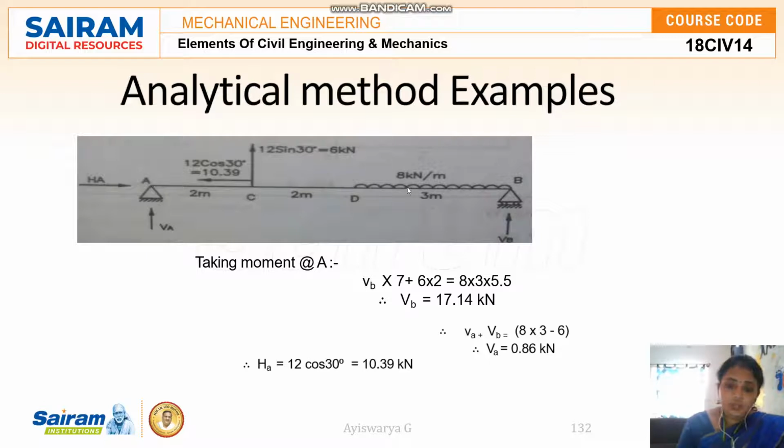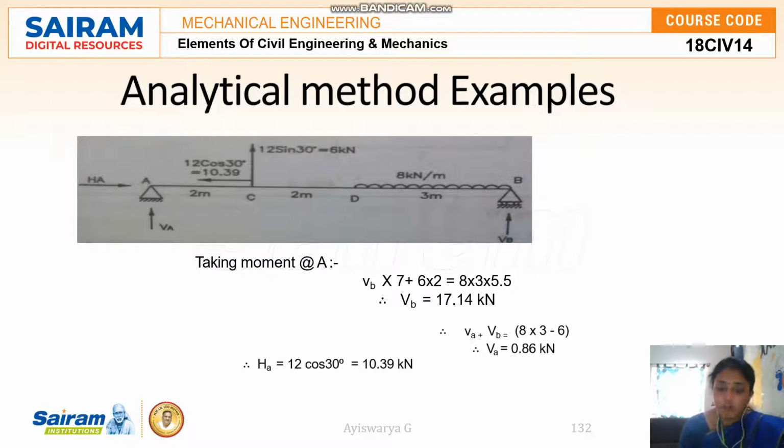And then this 8 kilonewton per meter load is a 24 kilonewton load. How I am saying this: I already told you that for a UDL, the formula for converting the load into a concentrated one is W into L, that is 8 kilonewton per meter into 3 meter. Meter gets cancelled, right? 8 threes are 24 kilonewton. It will be exactly in the mid of the UDL distribution, that is B to D, 1.5 meter. So 8 into 3 into 4 plus 1.5, that is 5.5 meter to reach A, and then VB into 3 plus 2 plus 2, that is 10 meter, right?